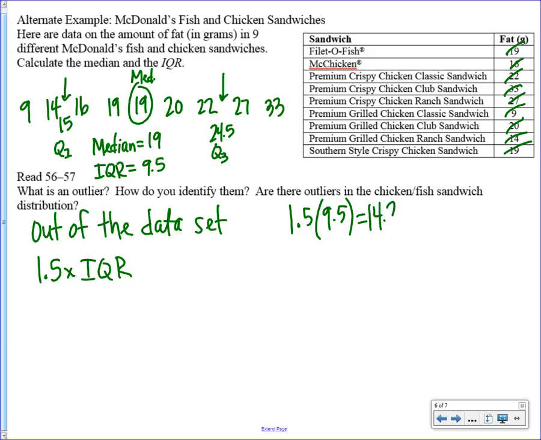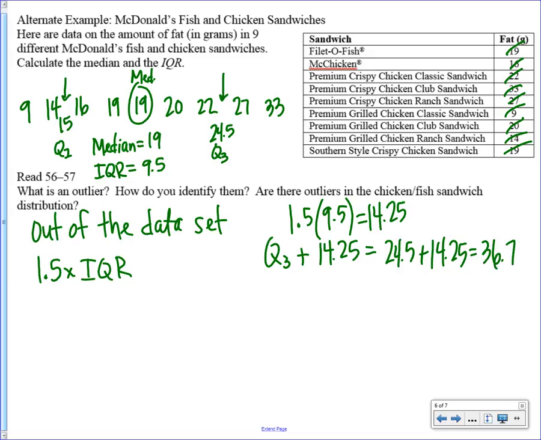So then what we could do, then we take our quartile 3, and then we're going to add the 14.25 to it. So quartile 3 is what? I know, I'm just showing the work. Thanks, Bronze. So anything at 36.75 or higher would be an outlier.